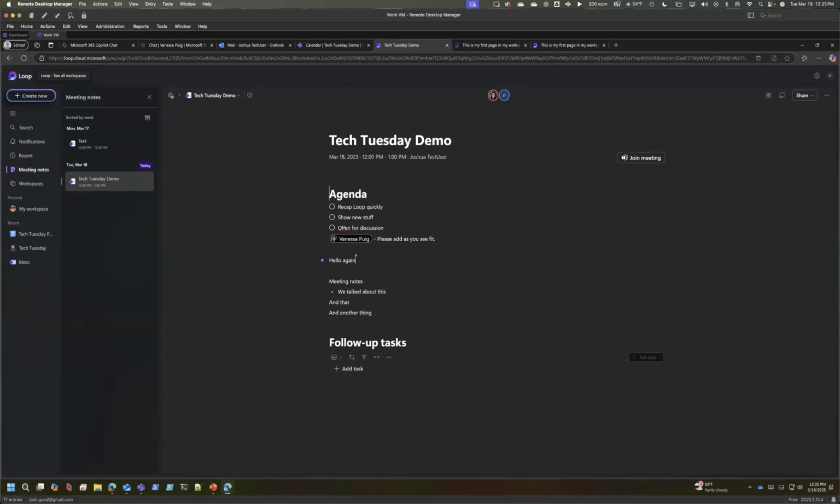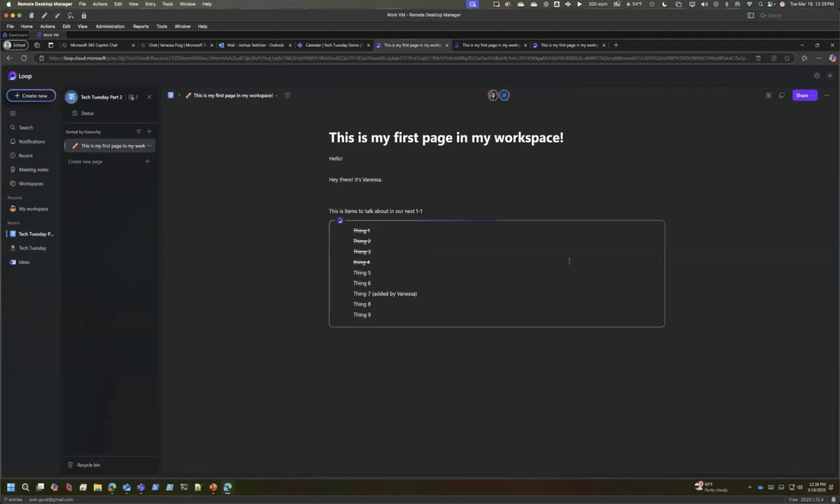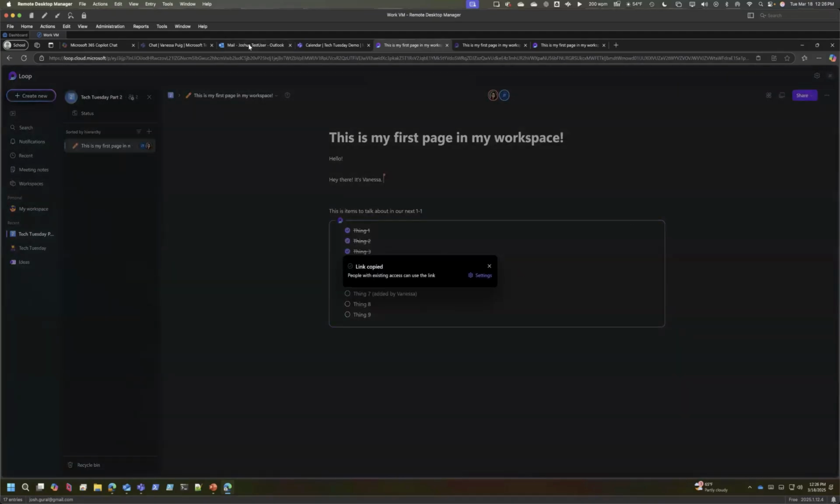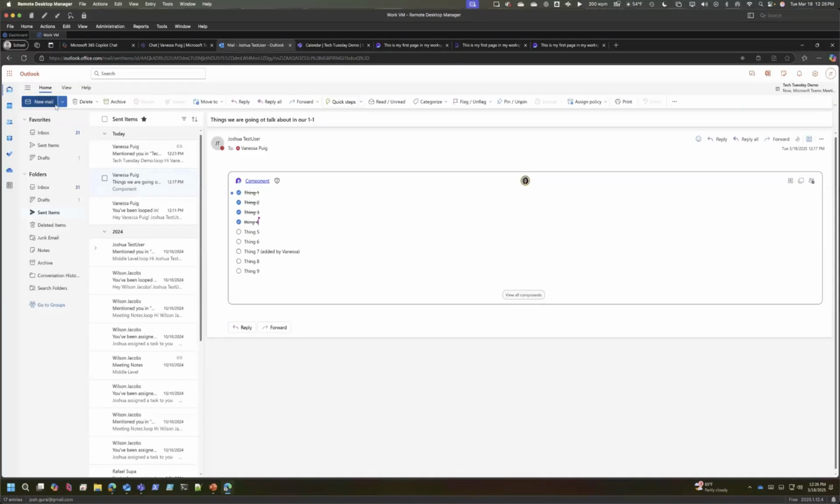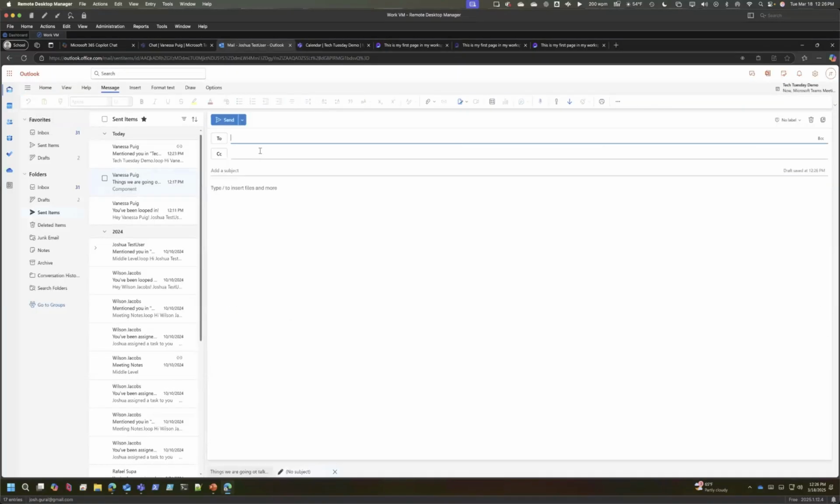Do you have to share it with someone in Loop before being able to paste it into the email? Great question. The answer is not necessarily, right? So if I wanted to go back to this page that we've been working on, for instance, let me copy this component again. Maybe we want to add my boss in here. So Raf, who I think is on the call, I'm going to say, Raf,